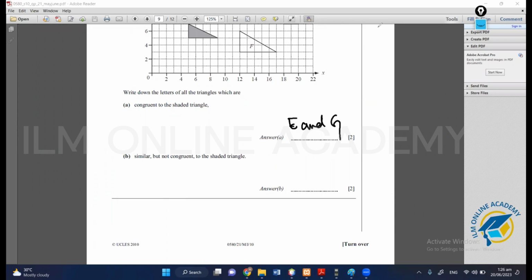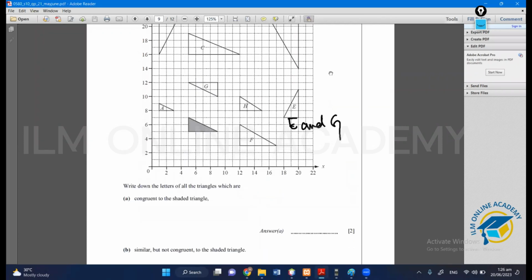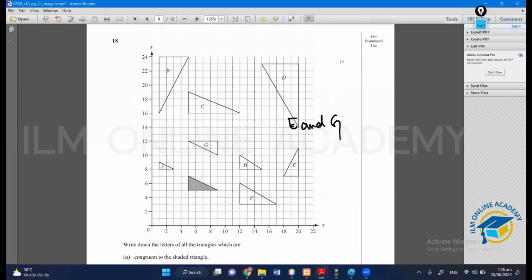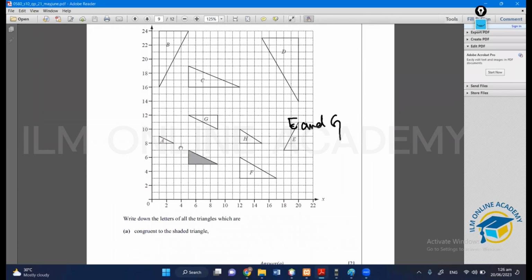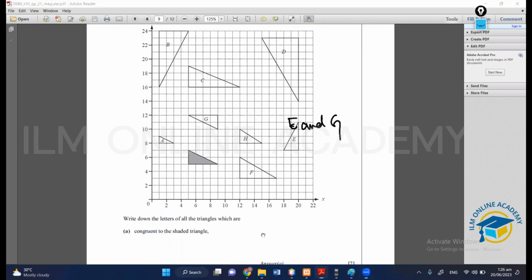Okay, now they're saying that similar but not congruent to the shaded triangles. Now you have to find out which triangles are similar to the shaded triangle. Now the question comes, what is a similar triangle? देखिए similar triangles में congruency नहीं देख रहे होते हम basically similar triangles में एक तो हम ये देख रहे होते हैं कि shapes अगर shapes की बात कीजिए तो सारे एक जैसे हैं लेकिन congruency में हम similar triangles को ये भी देखते हैं कि उनके दरमियान कोई ना कोई रिलेशन होना चाहिए लाइक कोई रेशियो बन रहा हो